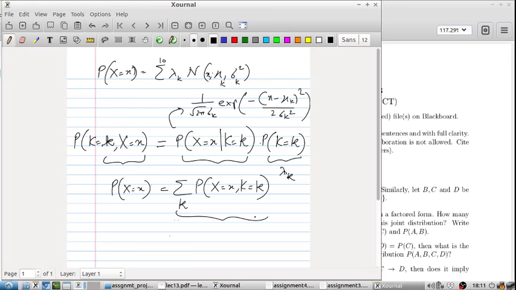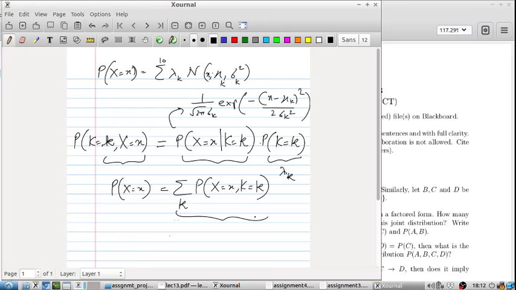Little k can take a value. So actually, since it's categorical, right? So categorical, this is a short form for writing a categorical distribution. If you think of a multinomial, a multinomial distribution is what? It's saying in 100 trials, what is the probability of coming up with the first component some number of times, for second component some number of times, third component some number of times. Okay, it's just a generalization of binomial. Binomial is saying in 100 trials, how many times do I get heads, how many times do I get tails. Okay, categorical is just saying in one trial, which of these, in this case k or 10 observations, which of these 10 components would realize. Okay,